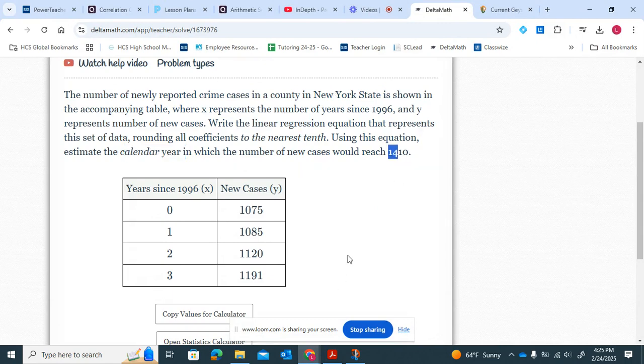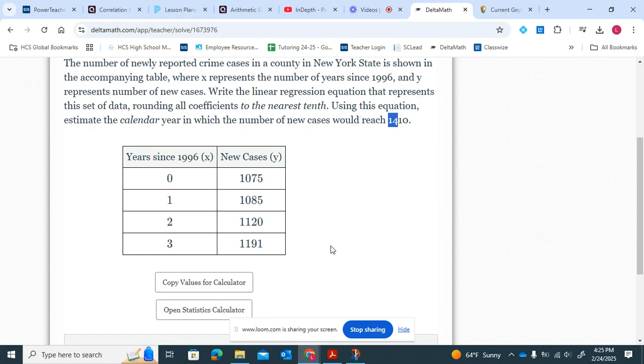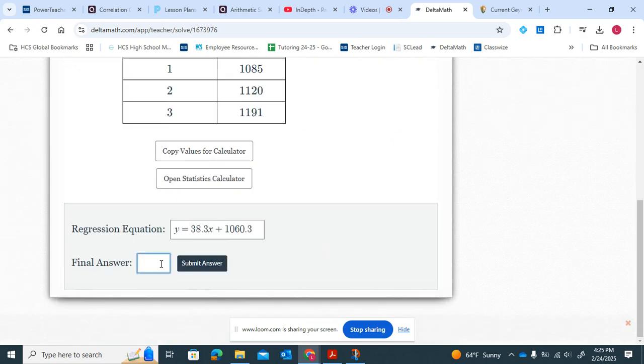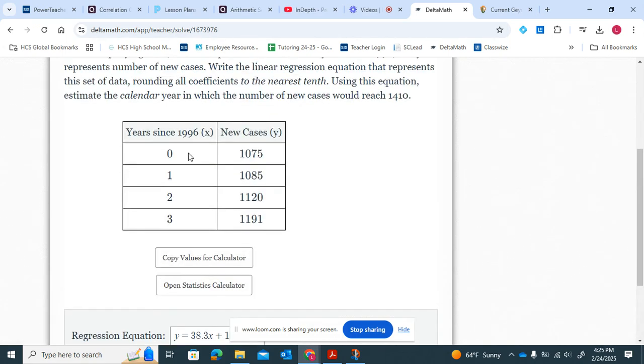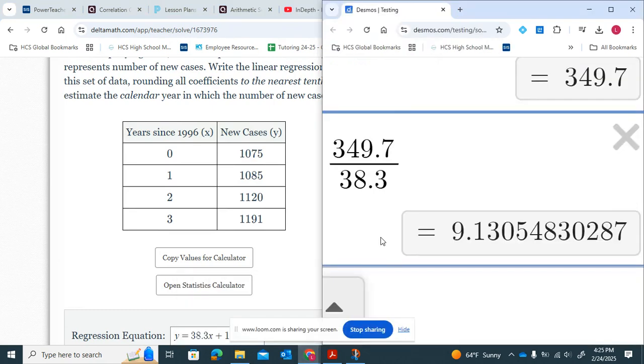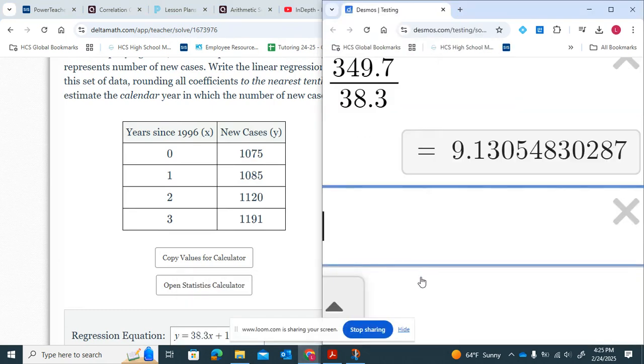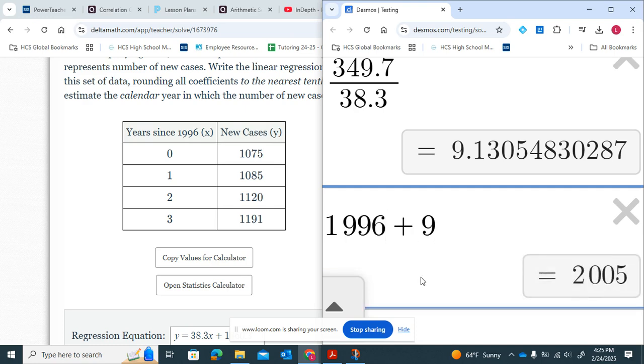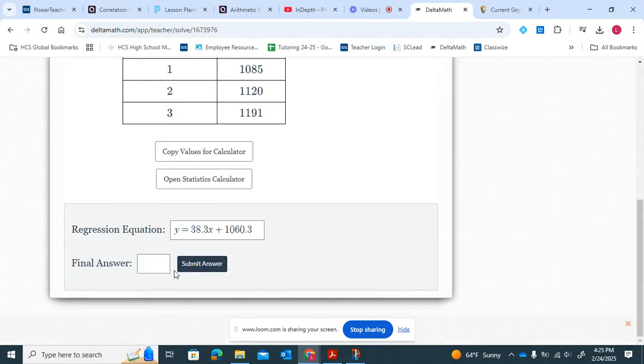Well, we got 9, right? If you were just to round it to the nearest whole number, we got 9. But that doesn't tell us the year. Like if I was to type in 9, what year is that? Is that year 9? Well, X is the number of years since 1996. So if we got 9 as our answer, then we take 1996 and we add 9. So it would be 2005. In 2005, we would have roughly